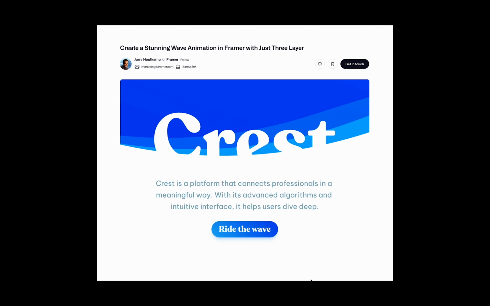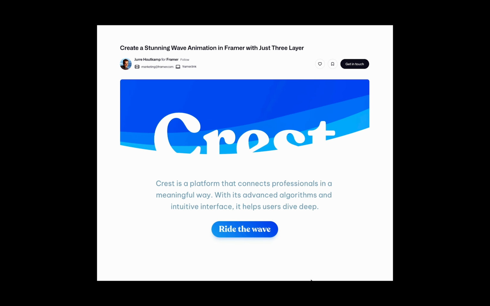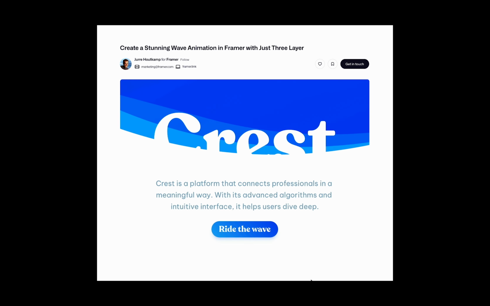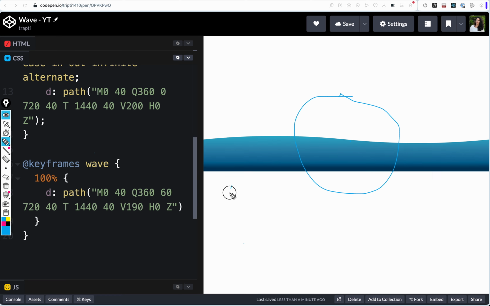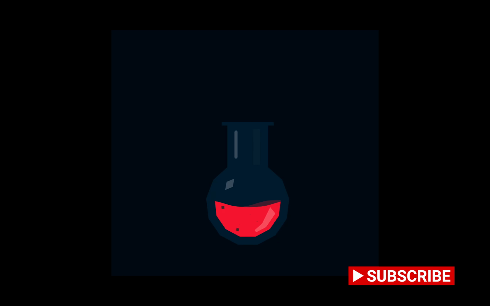Some extra things: if you want to make it look even better, you can add a second layer in the background, give it a different color, opacity, maybe blur a little bit, offset the position. And this gives you a nice layered wave effect like the one I have shown earlier. You can also clip the wave inside a shape like a circle and animate it horizontally. This technique is often used in web design to create stylish section dividers or loaders or waves inside beakers.